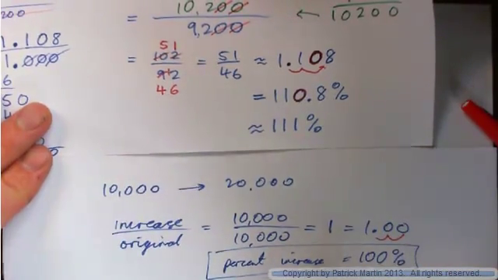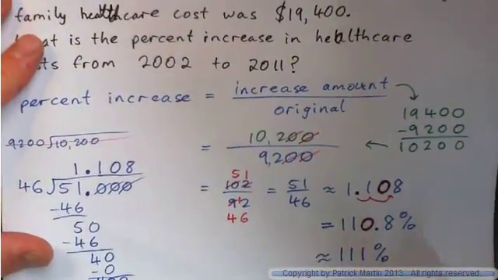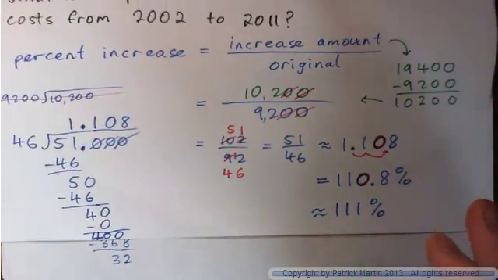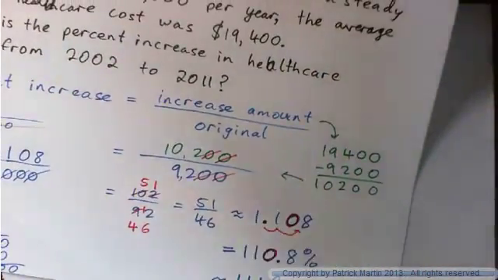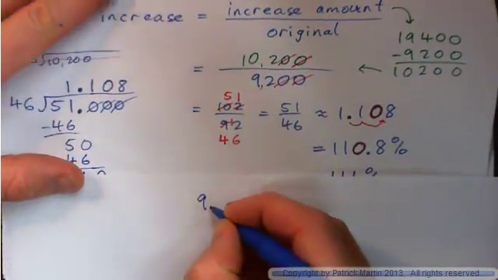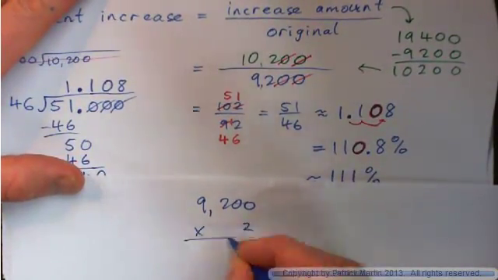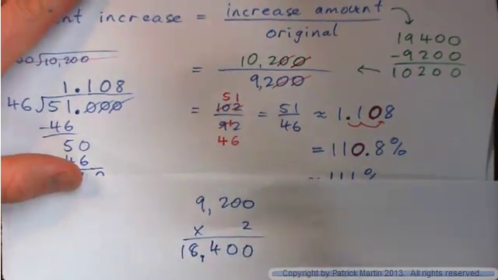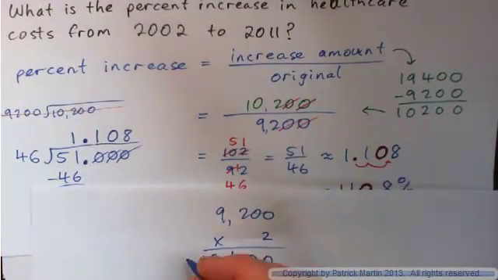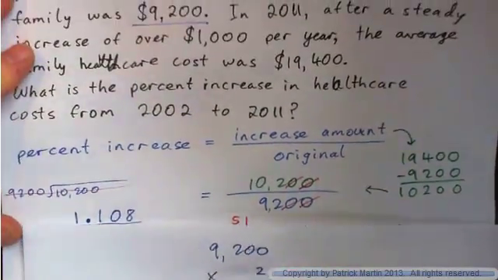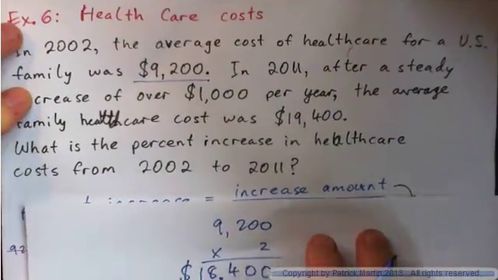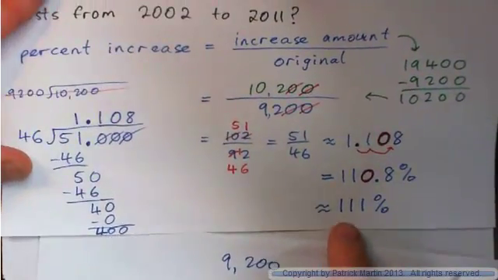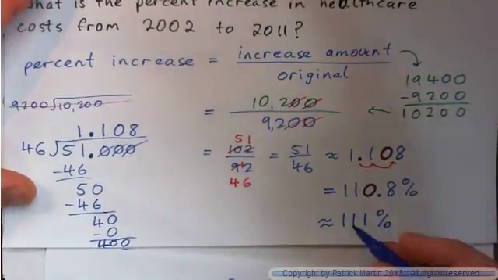So this more than doubled, right? Because we went from 9,200 to 19,400. Now, if we just double 9,200 times 2, that would be 18,400. So if the healthcare costs in those 9 years doubled, we would be at 18,400. But we're even further. We're at 19,400 in 2011. So it more than doubled, and so the percent increase is actually more than 100%. So anyway,